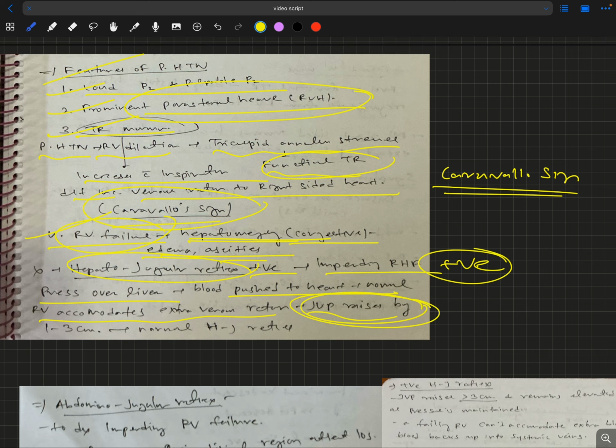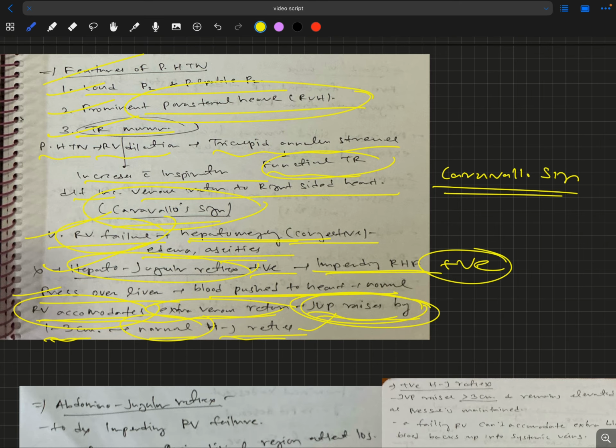So JVP will rise by 1 to 3 centimeters. This is normal. It's called hepatojugular reflex. In impending right heart failure, we see this hepatojugular reflex positive. What is the normal response? If you press on the liver, blood pushes towards the heart, and the normal right ventricle accommodates the extra blood coming there. So RV accommodates, JVP rises by 1 to 3 centimeters only, and then it becomes normal as